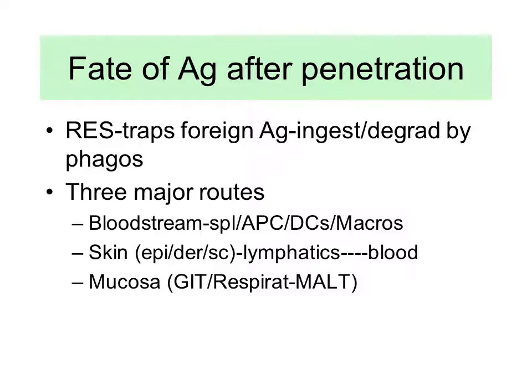But you can see from here, there are three options. Number one, it enters through blood, correct? It enters through blood, and the blood goes to the heart, there's a blood circulation, and then the blood goes to be screened in the spleen. The spleen will pick up if there is any response it has to make, and then there will be an immune response. So this is one fate of an antigen.